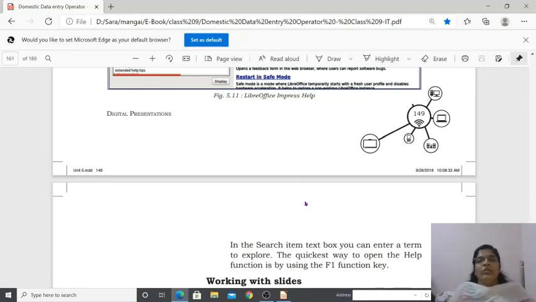All these things we covered. These are the basic concepts of any window, and for Impress we have seen the basic concepts. Clear? In the next class, we will see working with the slides. Got it? I hope everyone is clear with the content. All of you read it from your soft copy as well.